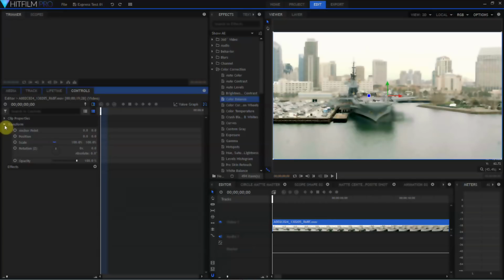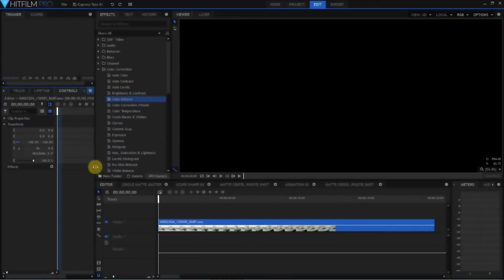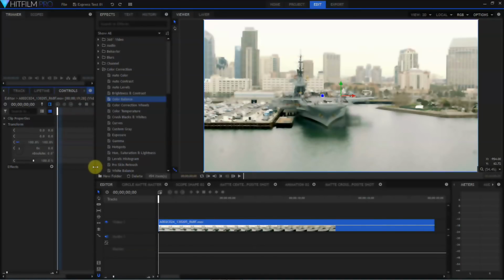Now in the editor timeline, you can also keyframe transform properties like anchor point, position, scale, rotation, and opacity. This makes it a lot easier to do picture-in-picture effects and other simple animations directly in your editor timeline. This is not a replacement for the composite shot paradigm. Anything that requires 3D, anything that needs complex animation is still going to be done in a composite shot timeline. But this really opens up the editor timeline for a lot more editing effects. It really just is going to change the way that people work in the software. I cannot stress how important an update this really is, just for this one feature alone.